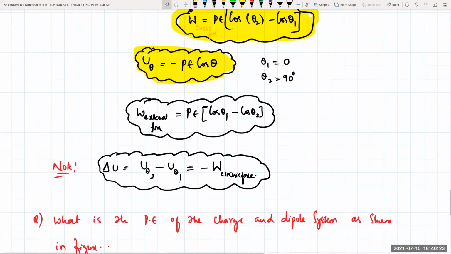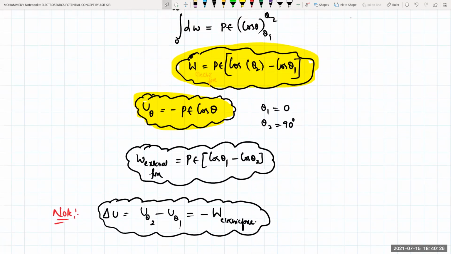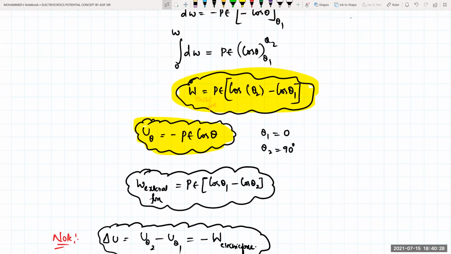So that was about the potential energy of this one. Problems are generally based upon these two basic standard formulas. You need to remember all the dipole formulas. Try to write all the dipole formulas for the electric field and the potential at one place. So it will be easy for you to do the numericals related to that.